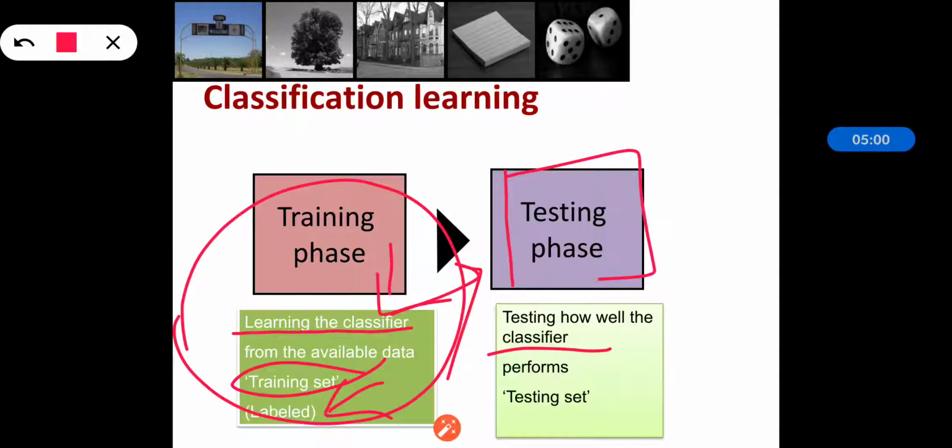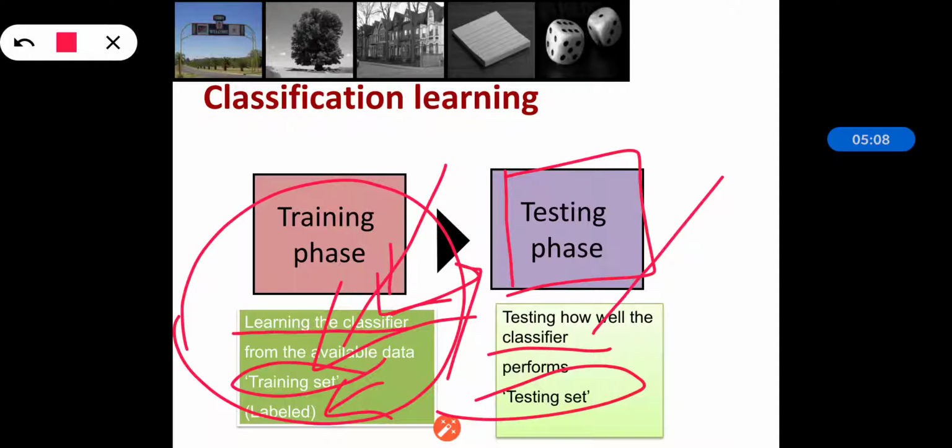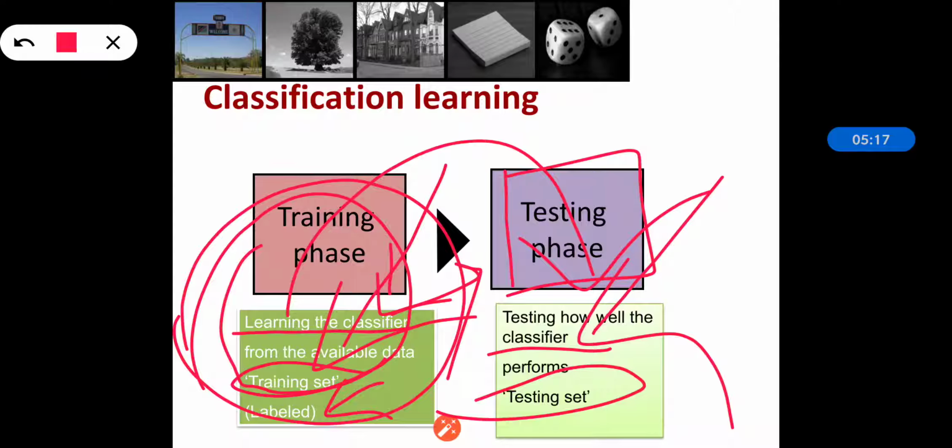In the testing phase, testing how well the classifier performs is done on the testing set. The training set is different and the testing set is different. Whatever we observe on the training side will be tested on the testing set.